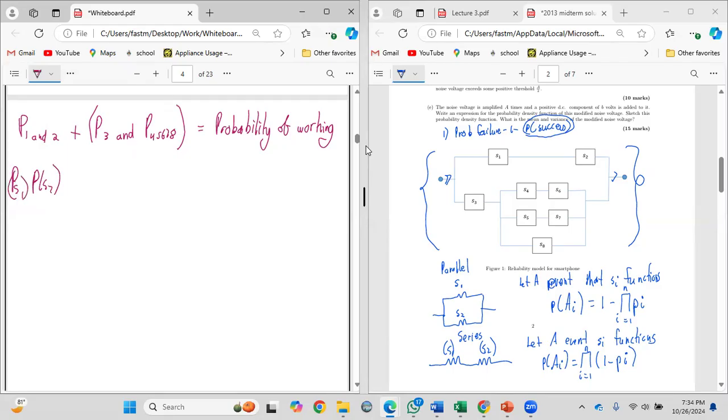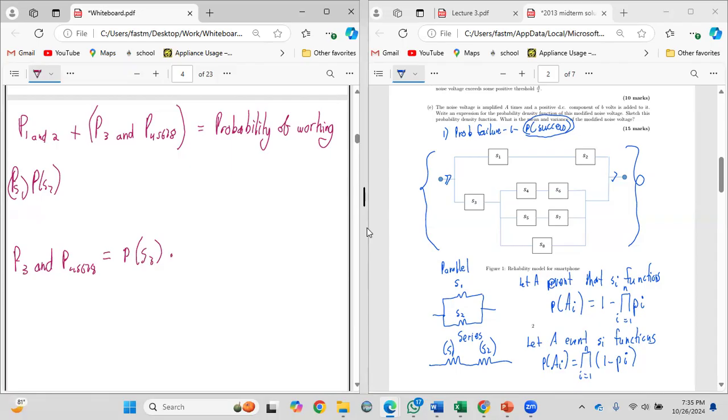And then we have this piece here, which we don't know yet, so you have to calculate it outside. So you can say P3 and P4, 5, 6, 7, 8. And I go through that. So this one here, this is in series. So it will be PS3, right? And then you have